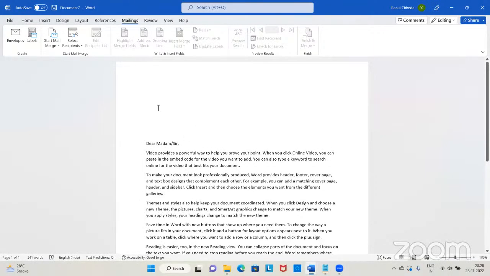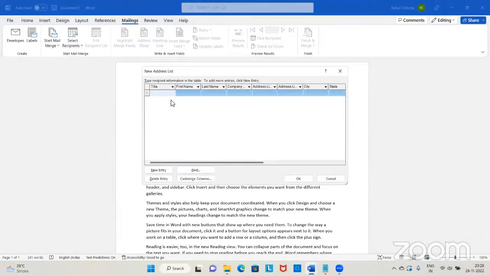And I'm going to go up to the Mailings tab. In the Mailings tab, I have Select Recipients. We're going to create a new list of recipients, so select Type a New List. And then here we'll add some data, that is, the people whom we want to send the details to. So let's add something like name, last name,